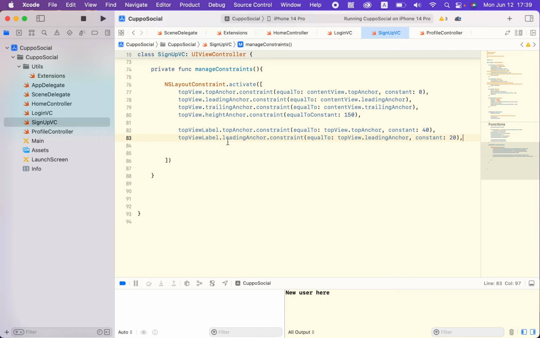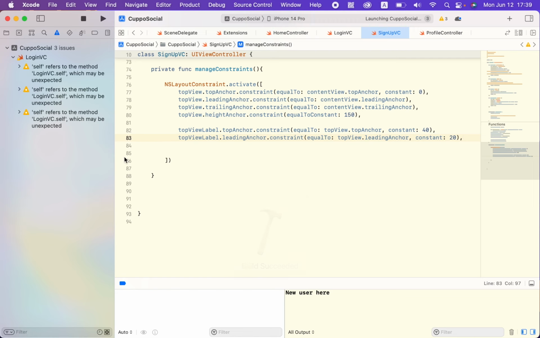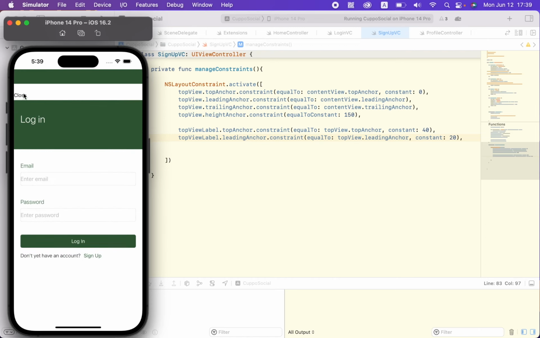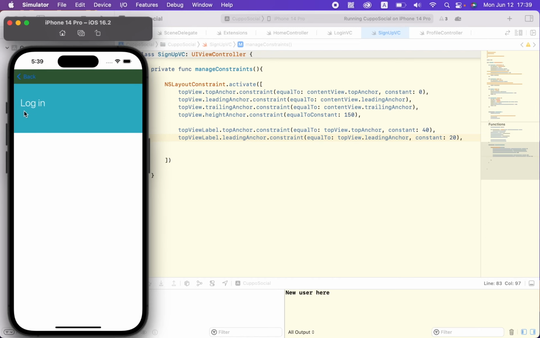So I'm anchoring it from the top, I'm giving it a padding of 40, and anchoring it from the leading, left anchor and giving it a padding of 20. And you can run that again and see I'm going to have that label in the right position. Right. So I have an imaginary ruler that aligns everything here. I'm going to use a constant of 20 so that everything is perfectly aligned